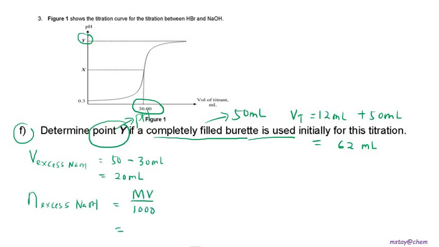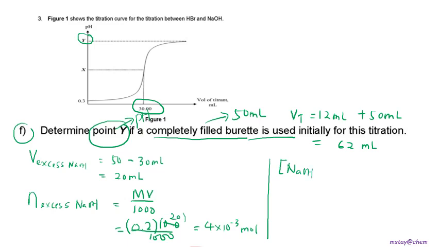M given in the question, which we already calculated just now, is 0.2, and then 20 ml, so 0.2 times 20 divided by 1000 is equal to 4 times 10 to the power of negative 3 mole. So the new concentration of OH negative will be equal to the concentration of NaOH,